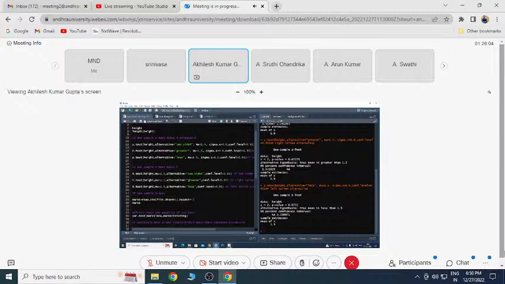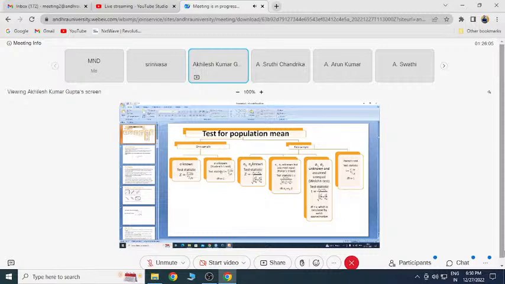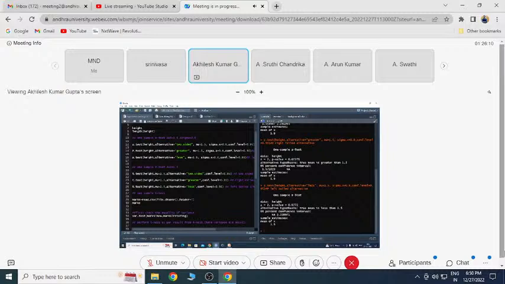This portion is the one sample t test, the student t test, basically what we call. One sample t test means we don't know the sigma value, we don't know the population standard deviation. So we have the height argument and we have the assumed mean value that we have to give. Similar type of arguments: height, mu value, alternative, and confidence level. You don't have to give sigma here because sigma is unknown. So you will run this command and you will get the one sample t-test result.